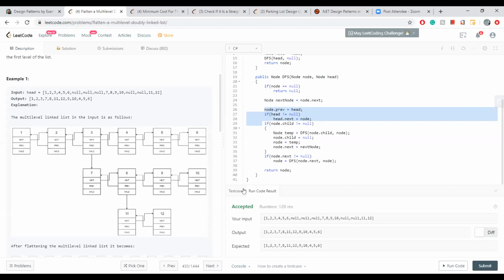When I traverse through the child and reach the last node, let's say from 7 I go to 8, because there's no child here, I will not enter this condition, but I'll enter this condition at lines 36 and 37.